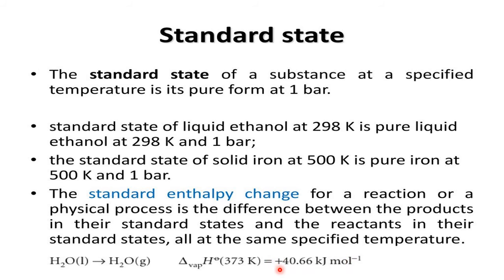Plus indicates we have to supply. Minus indicates energy is given out. Okay. In the reaction, if energy is given out, we use the minus symbol. If energy is supplied, we use the plus symbol. So plus or minus has no connection to the mathematics here. So plus or minus indicates what? Energy given out and energy absorbed.